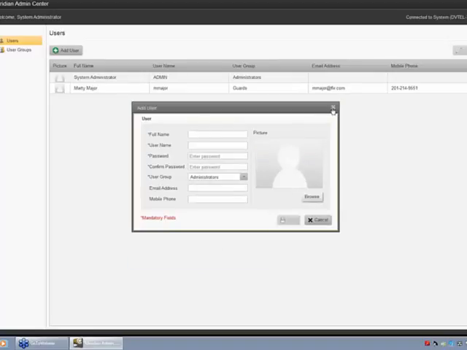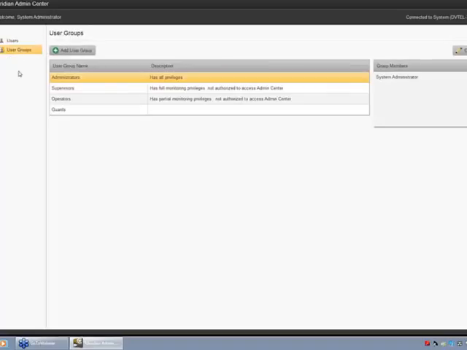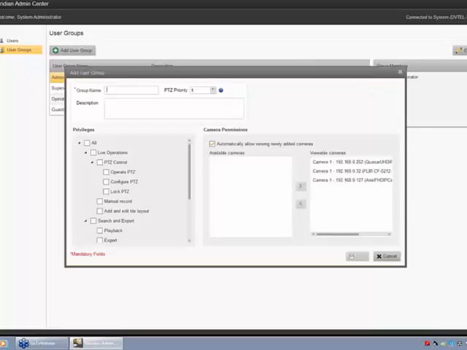Now, if you don't want to add a user, and you want to add a user group instead, you simply come over here to the sidebar, click on User Groups, and then Add User Group. Of course, this does need a name. It doesn't have to have an assigned PTZ priority, but the group itself will own the PTZ priority at this point. Anybody that you put into that group will, of course, be assigned that same PTZ priority,